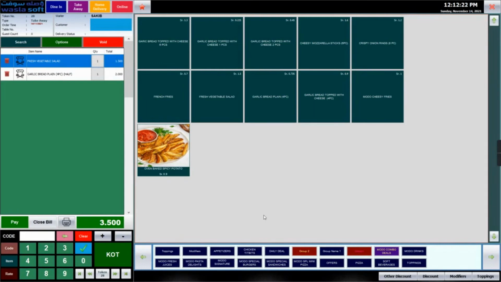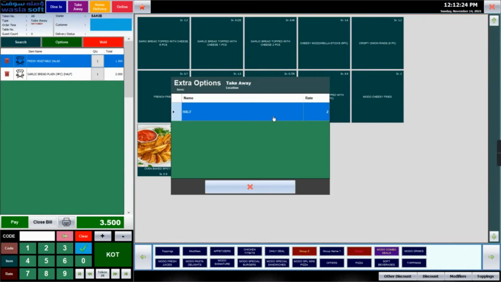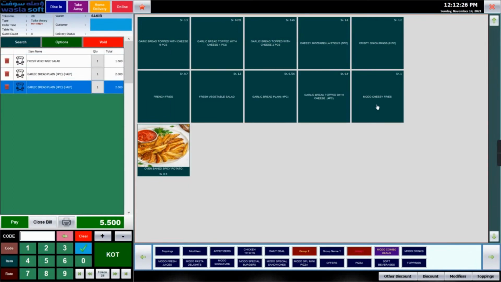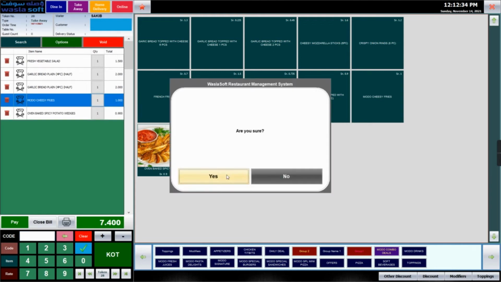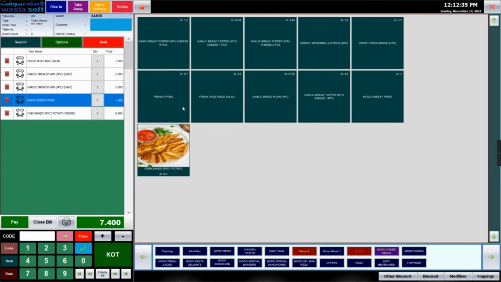Void or delete an item. Suppose you have selected an item and you want to delete it, you can just delete that item from here.